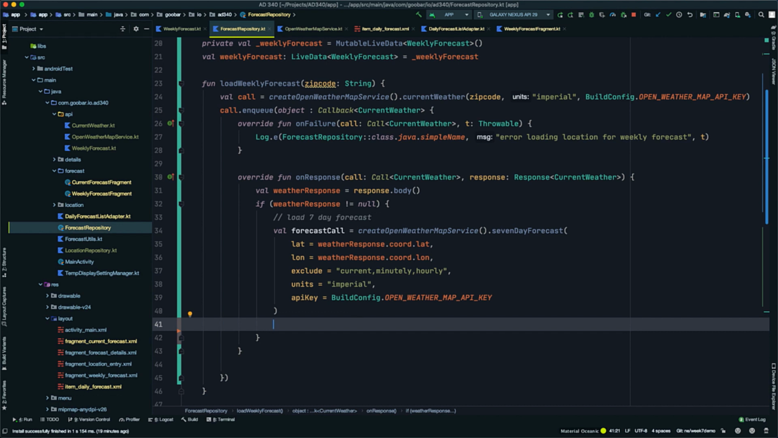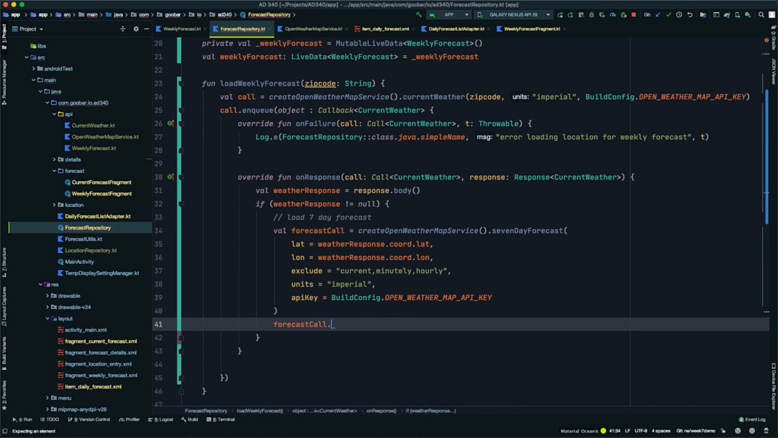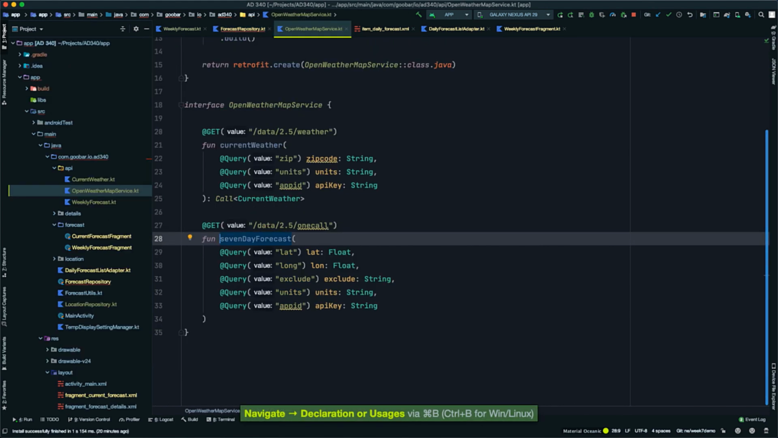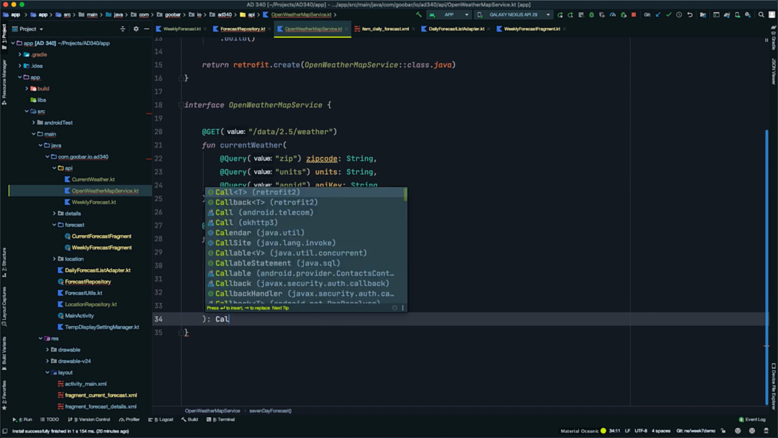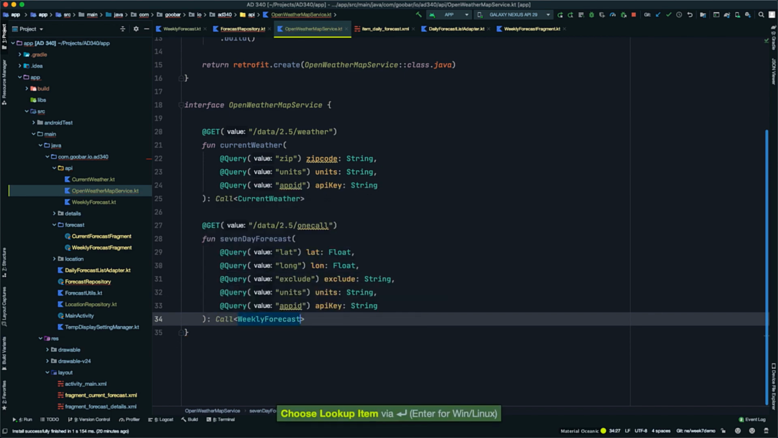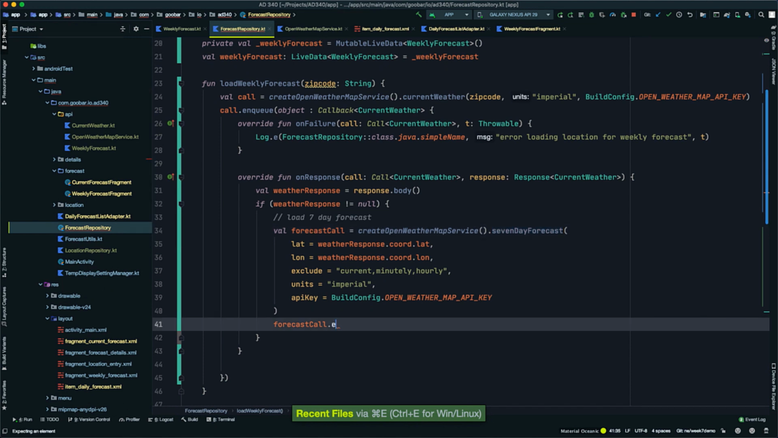Now we need to call enqueue on it. So forecast call dot whoops. So you notice we couldn't call forecast 7-day forecast dot enqueue. It's because we forgot the return type back here in OpenWeatherMap service. So we'll come back to our retrofit implementation interface here, and we'll make sure we have a return type here of call weekly forecast. So now if we come back here, we should be able to say forecast call dot enqueue